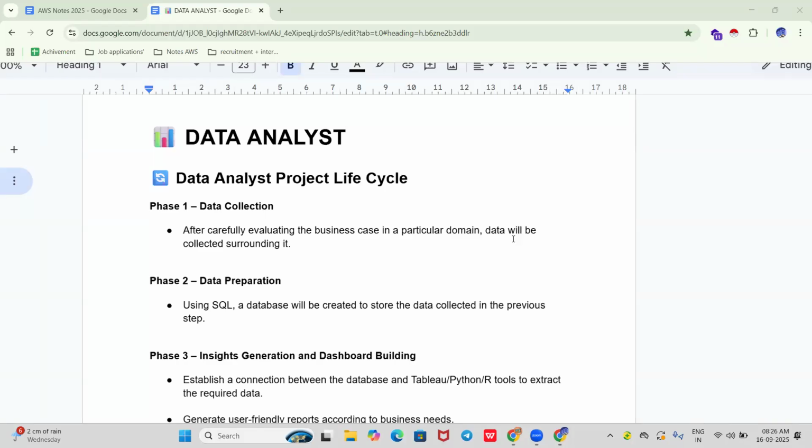Those visualizations will be communicated to the stakeholders, which helps in decision making, and you have to provide the insights and observations, because you are the person who knows the business as a data analyst: you collected the data, understood the data, and created the visualizations.